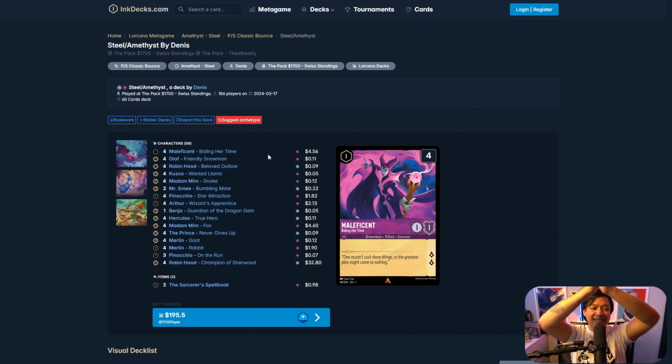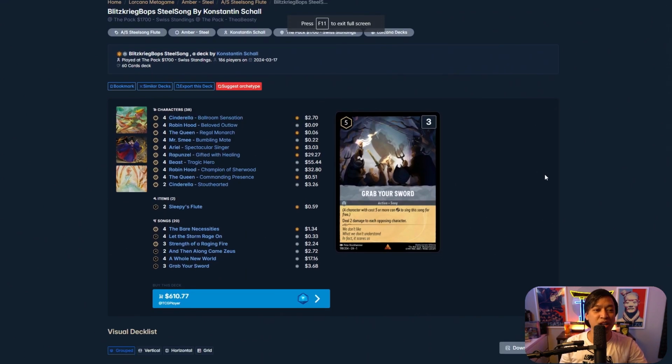Respect. All right, now we are entering the top 2 decks of this tournament. We're going to start off with talking about Steel Song. Two tournaments of the pack back to back, making it to top 2. One of them is a first place, this one is the second place version, and this one is a flutes